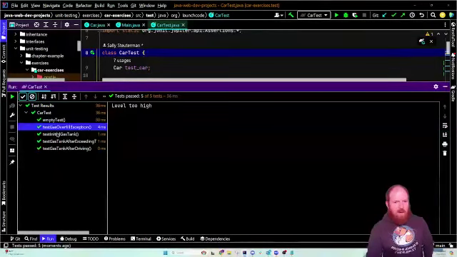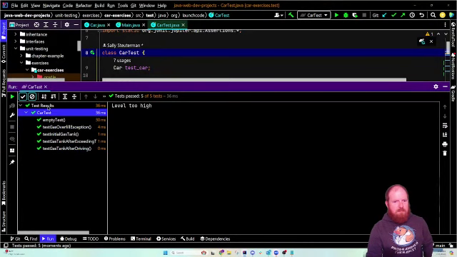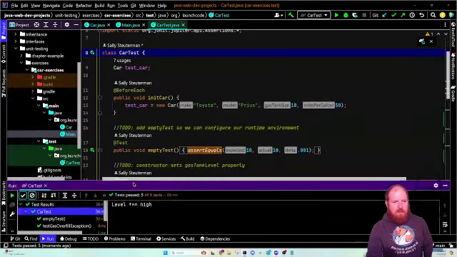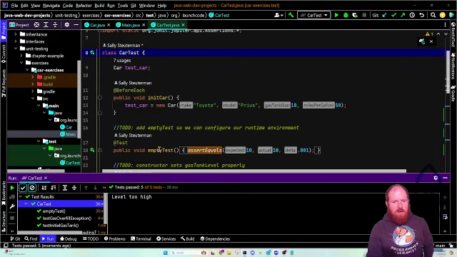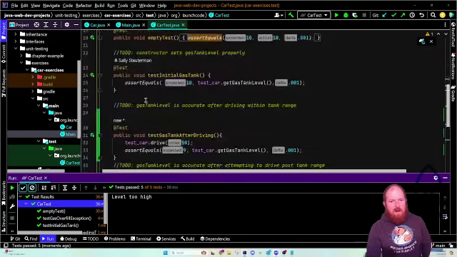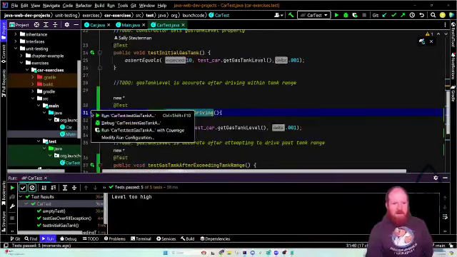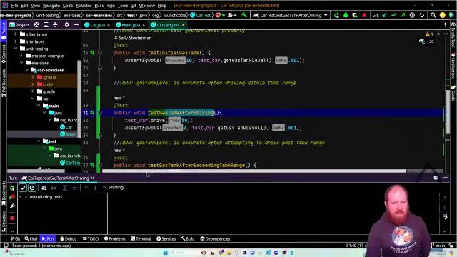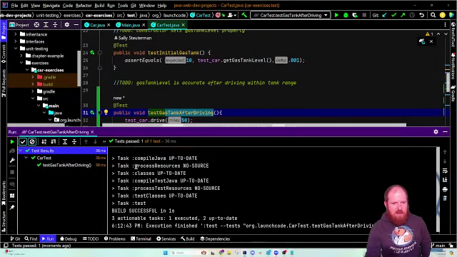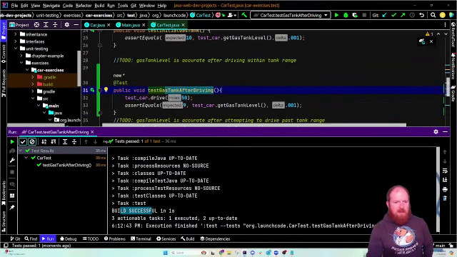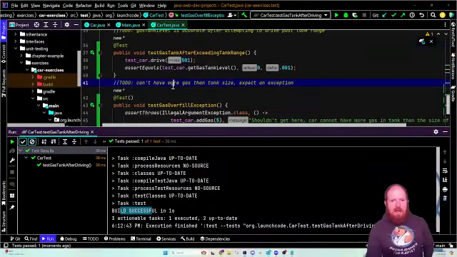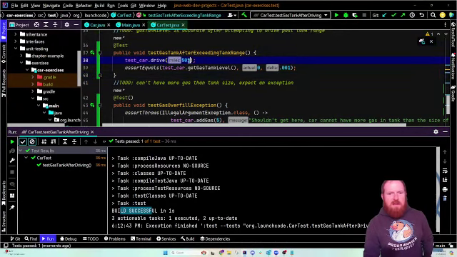So you can go one by one and see what it prints out. It usually doesn't print anything out. It's usually either it passes or it fails. And then if I wanted to run one test at a time, meaning this tank after driving, if I wanted to hit this one, it would just run that one. And it says successful with the green check mark, but it only ran that one. If you saw one that failed,